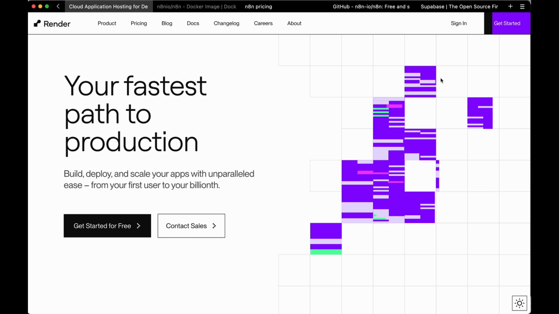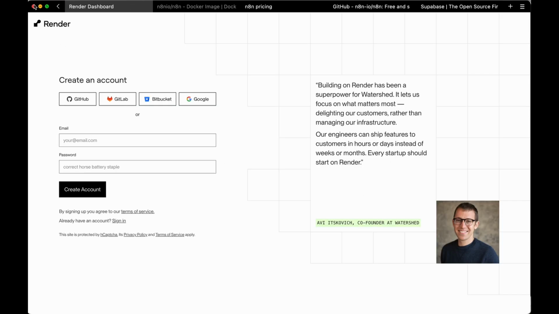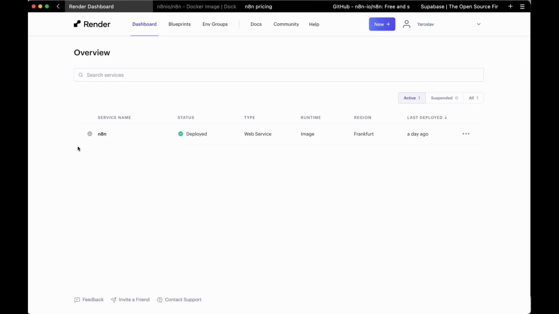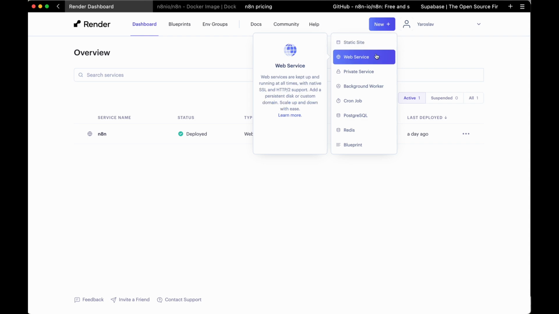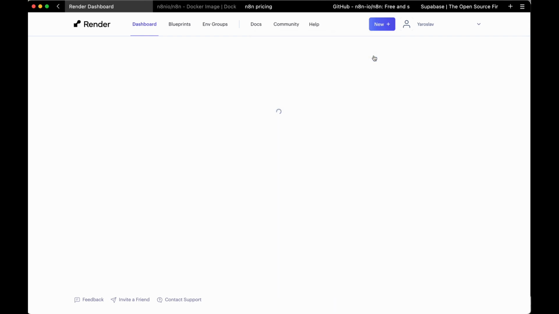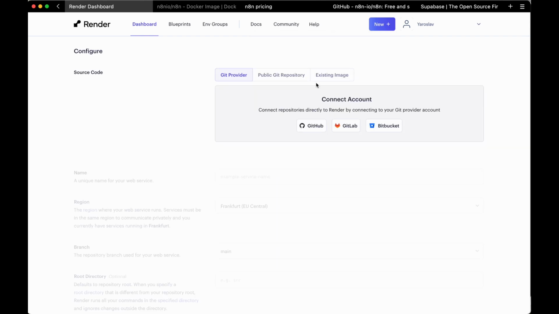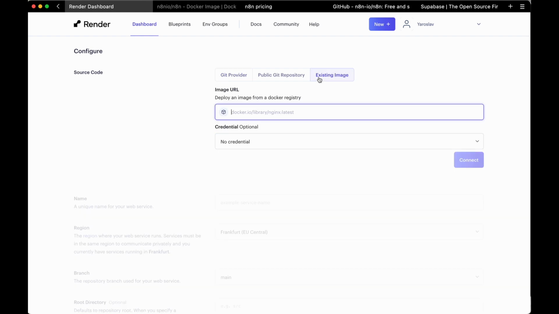You click on Get Started and you create your account here. So here you see that I already have the N8N service running, but you shouldn't see anything here. You have to click on the New button over here and create a new web service. Here we will be using the Docker image of N8N. So I click on the existing image and here I write